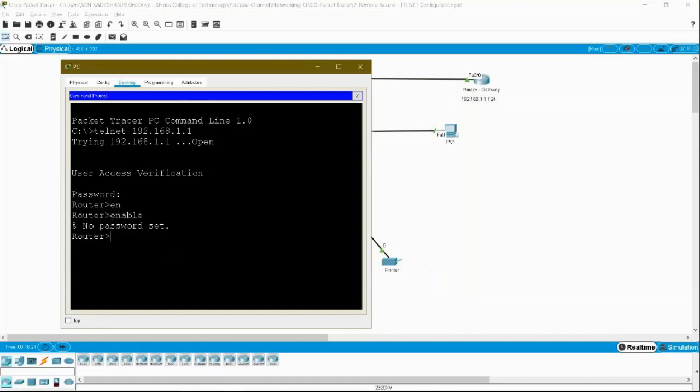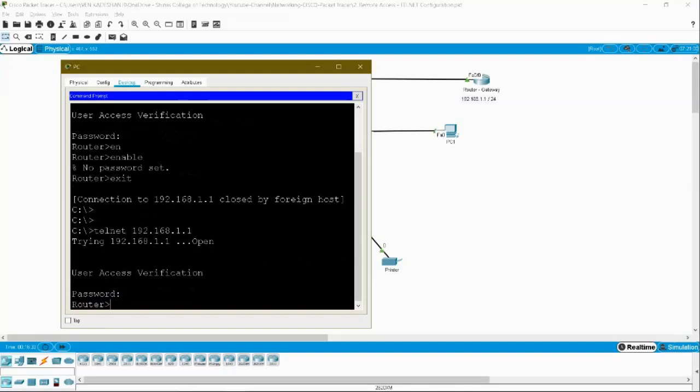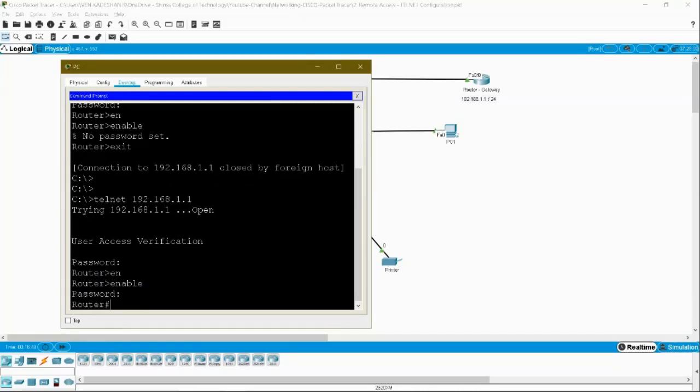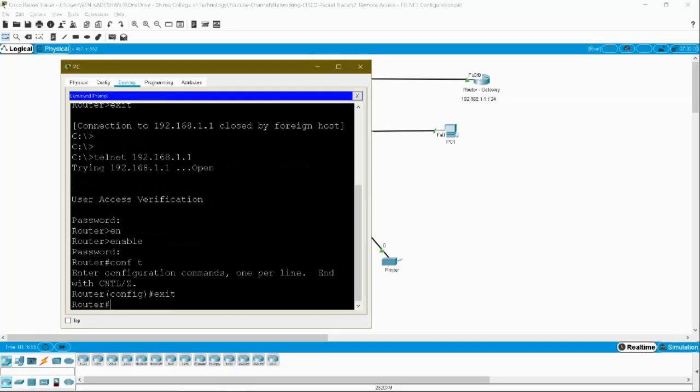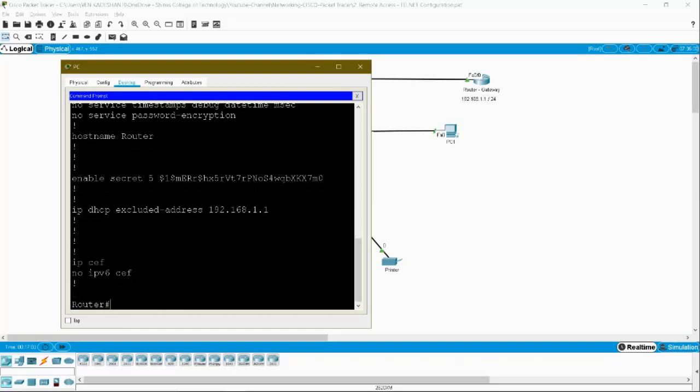Again go back to your PC and exit from this, and give the same command telnet, password Cisco, for connecting to your router. Now if you give enable, it is asking you for the password, right? So again I have given Cisco as my password for the privilege level also. Now I have given my password Cisco, so it allows me into privilege mode. From here I can move on to any levels, and here I can give show running configuration. I could configure whatever I want remotely. I can take my router and exit.